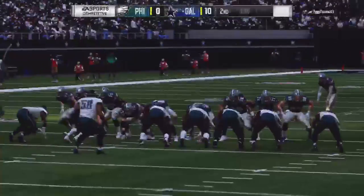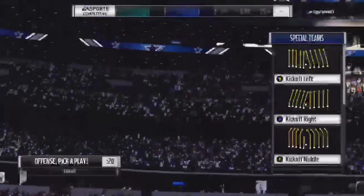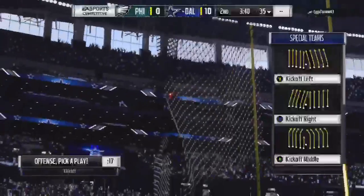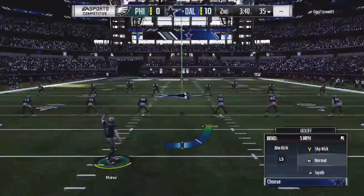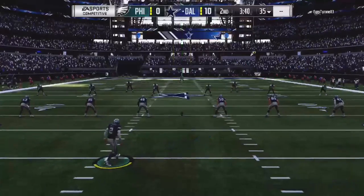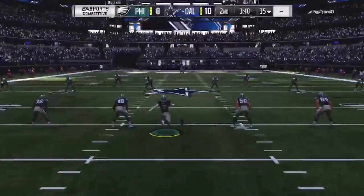And this one is right through. And the lead moves to 10-zip. They got the interception, but very little movement after, and that forces him to settle for 3. And it does feel like settling when that happens, doesn't it? It certainly does, but we got to give a lot of credit where it's due, and that's to the defense